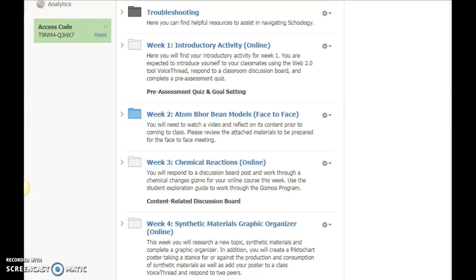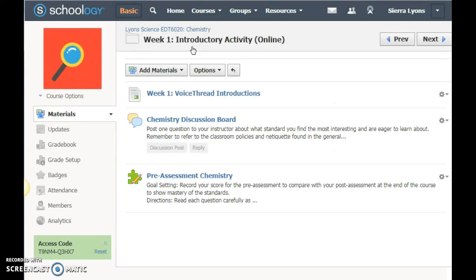Moving on, we will look at the goal-setting aspect of this online classroom. In week 1, we have goal setting here as it pertains to the pre-assessment quiz. If you click on the folder, you can see that under the pre-assessment, the goal setting task is to record your score for the pre-assessment to compare with your post-assessment at the end of the course to show mastery of